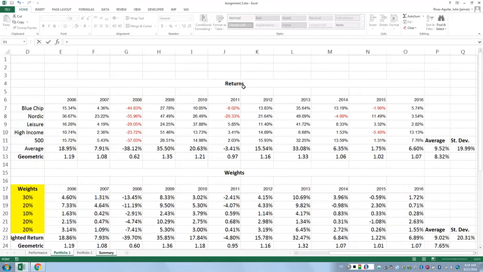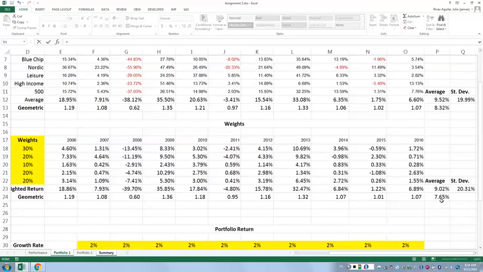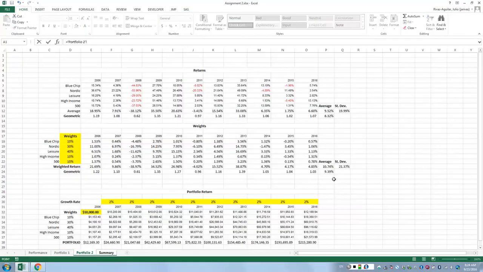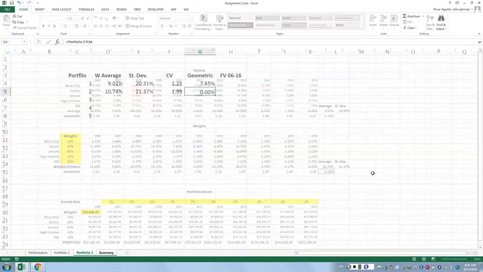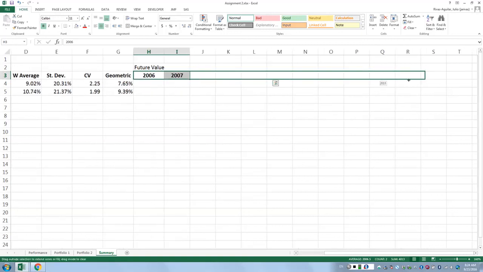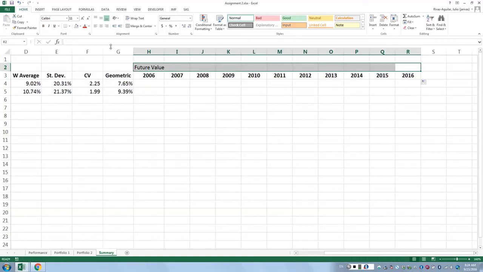The geometric, we have it here. Geometric for one, geometric for the other. And then actually, let's see, 06, 6, 07. We're going to go all the way to 2016, right?